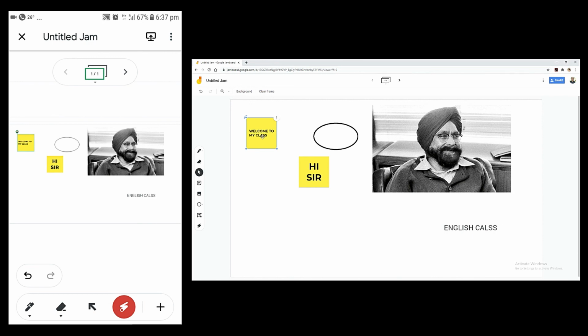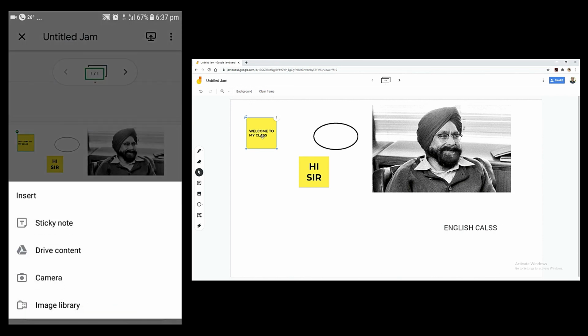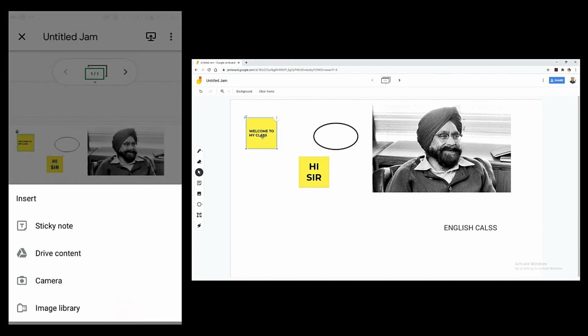So this is about how to use Google Jamboard in Google Meet and to make your classes more lively, interactive